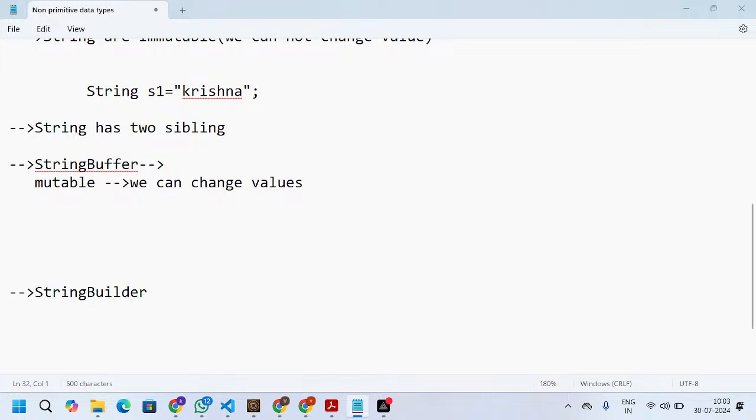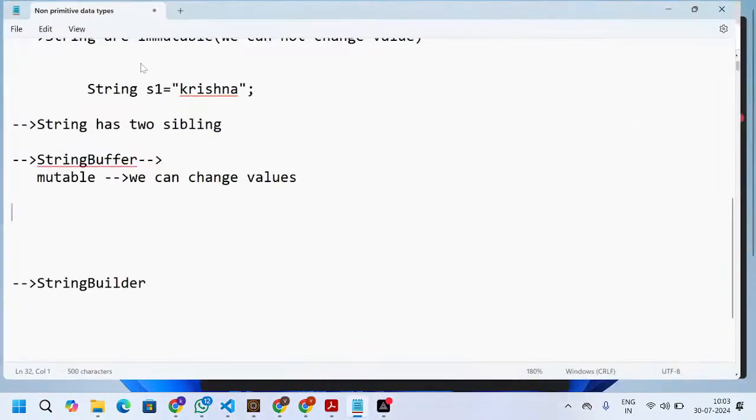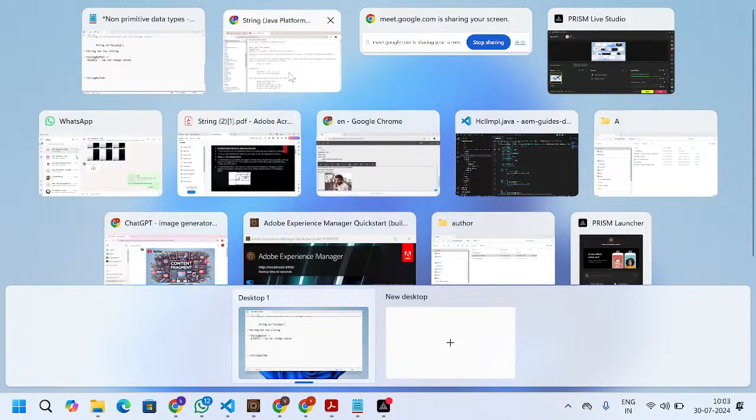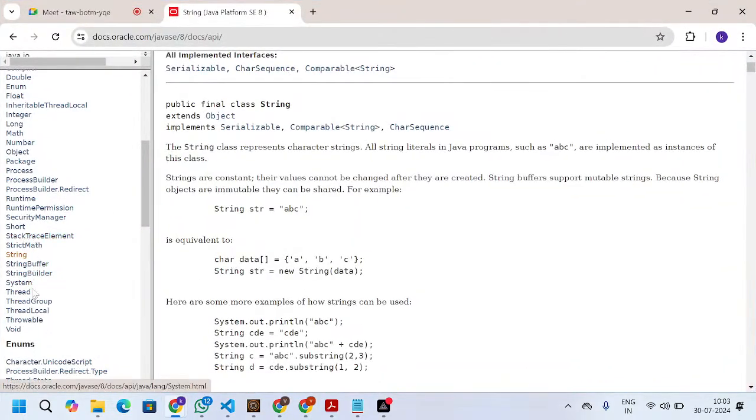So if I open StringBuffer, and StringBuilder, which is also available in the same package, the java.lang package. I would say StringBuffer. If I open the StringBuffer,